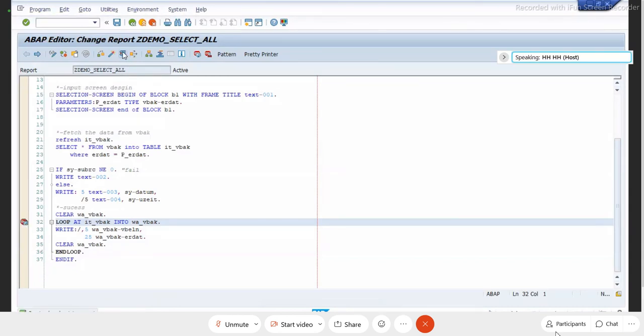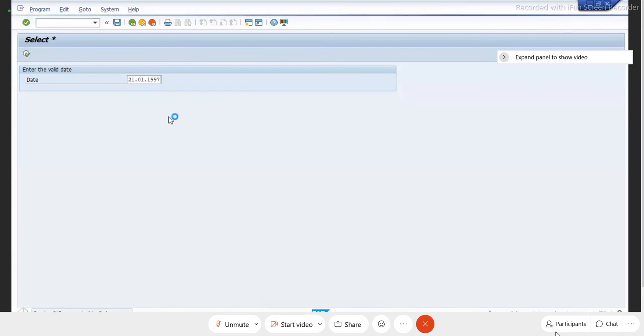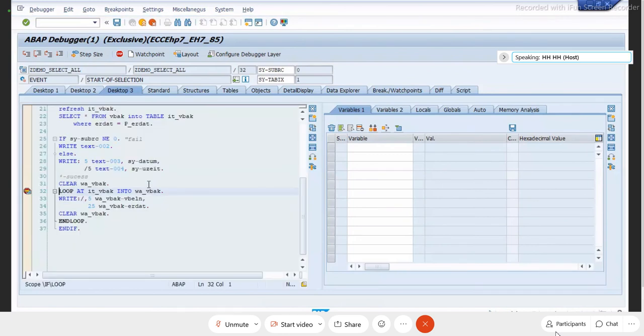Okay, so now you can see, whenever your program is in active mode, only then will it create these dynamic breakpoints and all. So let me execute here. Now you are in here. If you click F8, what will happen? For all these loops, within one shot, it will execute in the background and display. But I don't want that now. I want to use the sales order number.